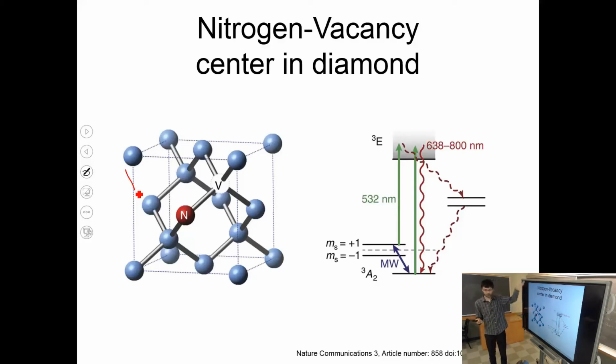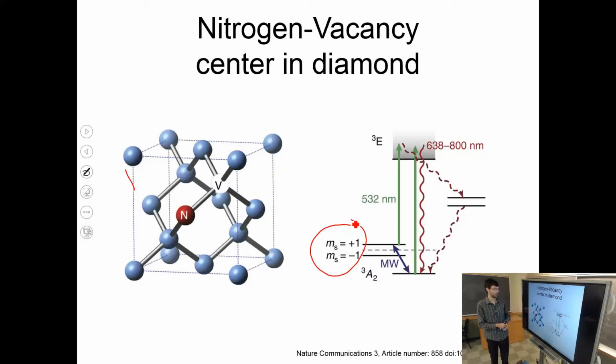Together with the crystal structure of diamond, these two things, nitrogen and a vacancy, form an energy level structure, which is not just one impurity level, actually, but a few different levels. So this is more complicated than the cartoon I drew you, where each impurity adds a level. This adds a manifold of levels. In particular, two of these levels come with different spin, and those two levels are studied for storage of quantum information. So spin up and spin down. You can control them with microwave pulses.